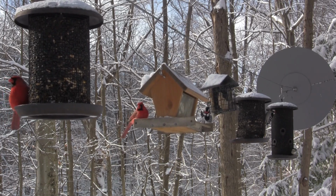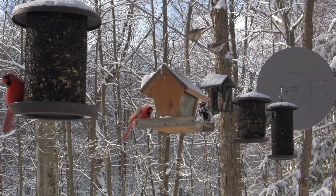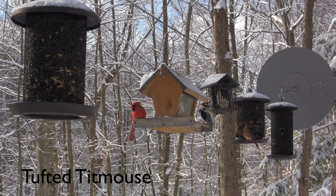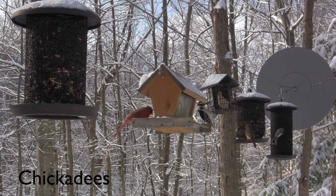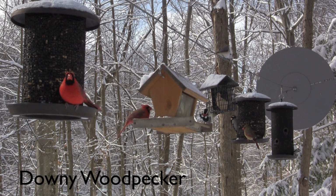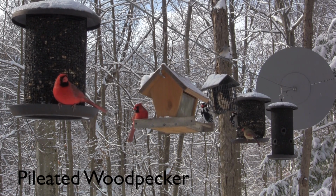On a recent snowy day here at Hogback Ridge Preserve, the feeders were alive with a variety of birds taking advantage of the extra food we provided to feeders. Bright red northern cardinals, jumping tufted titmice, vocal white-breasted nuthatches, entertaining chickadees, not-so-gold-colored goldfinches, hopping white-throated sparrows, hairy and downy woodpeckers in their formal wear, and even the king of woodpeckers, the pileated woodpecker, visit our feeders on this particular